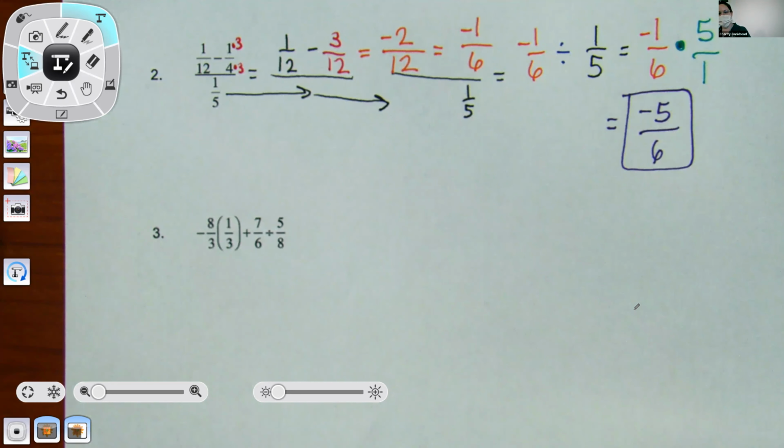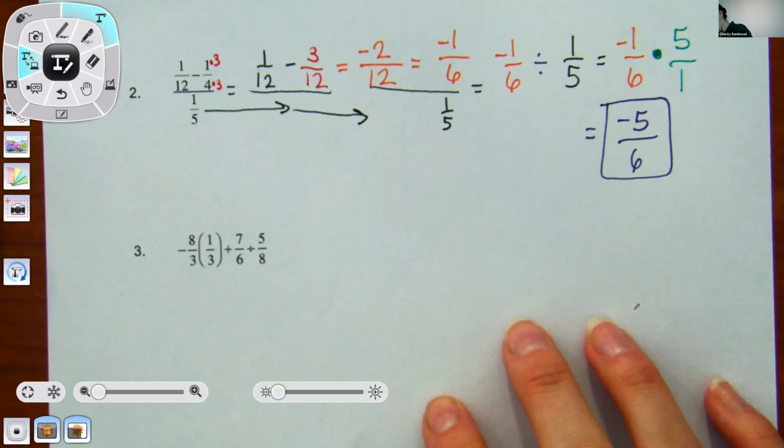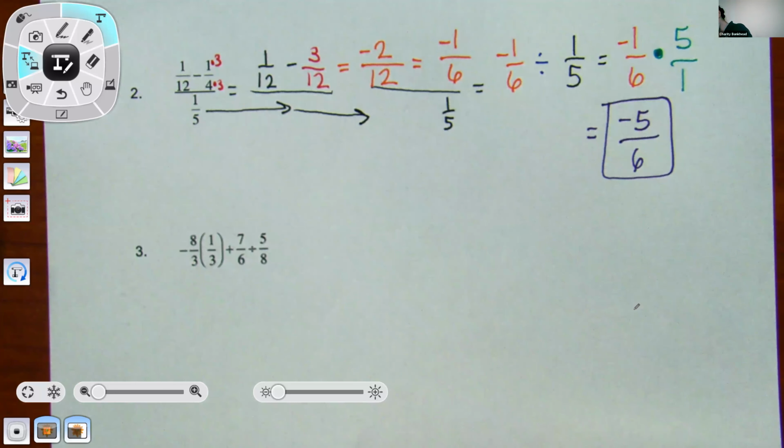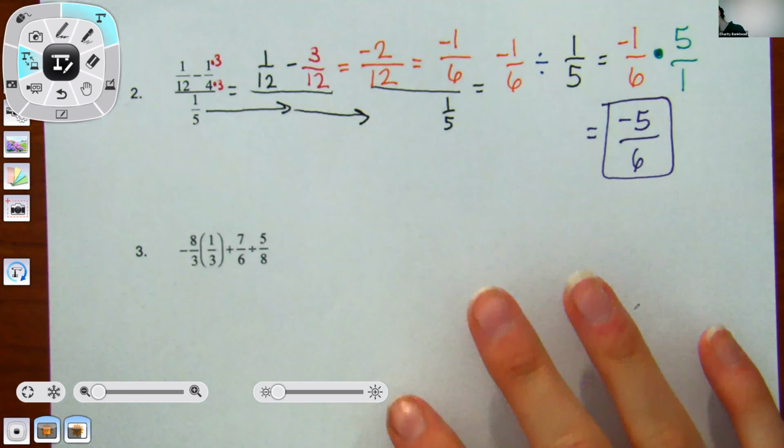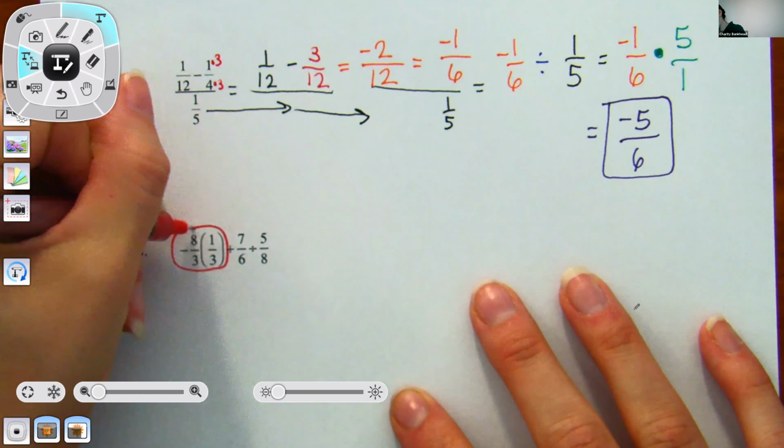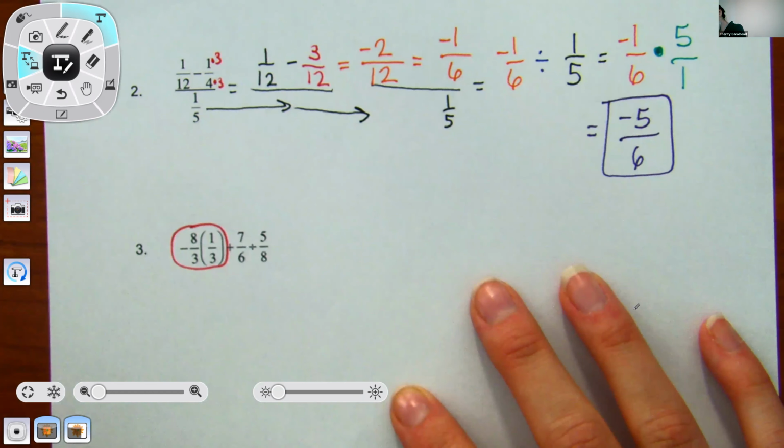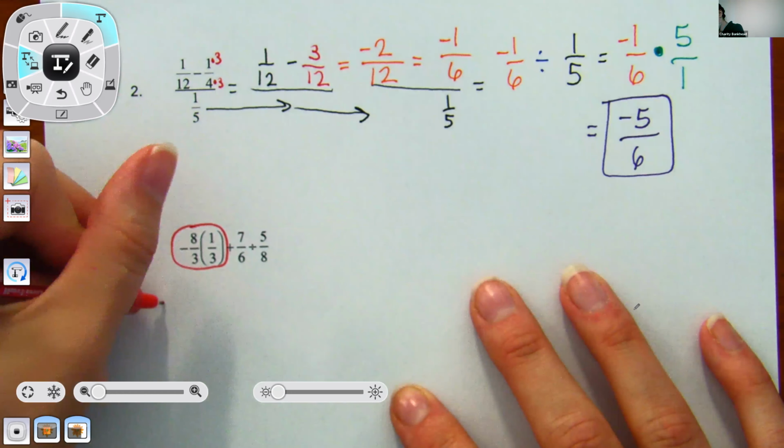All right. Number 3. Okay, so order of operations, we're going to do the multiplying and dividing. First we're going to do this multiplication right here. When you multiply fractions, you just multiply straight across. So this is going to be -8 over 9